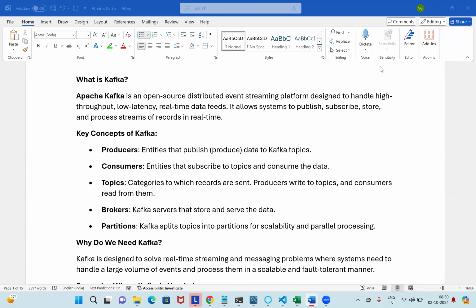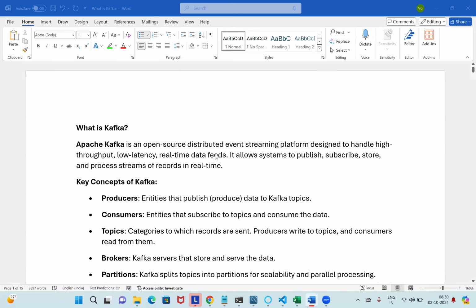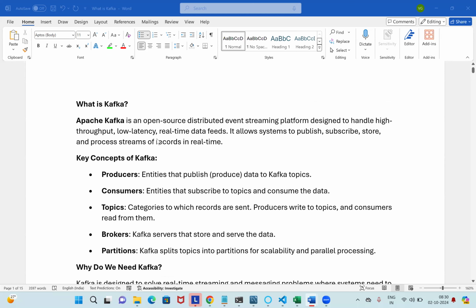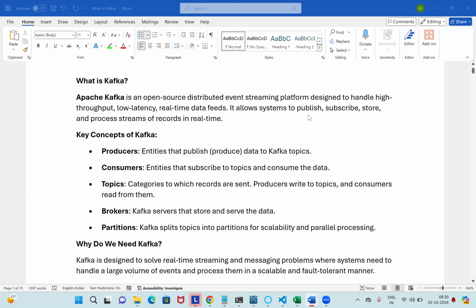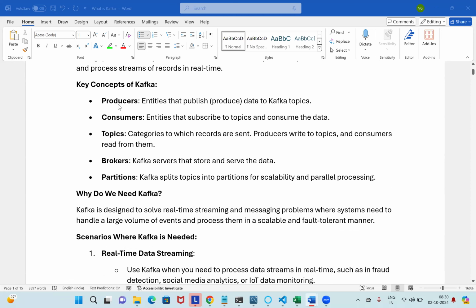Kafka is open source, used as a distributed event streaming platform to handle high-throughput, low-latency real-time data feeds. It allows systems to publish, subscribe, and store. Key concepts of Kafka: producers, consumers, topics, brokers, partitions.